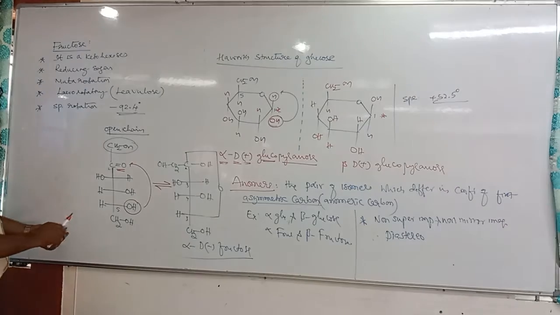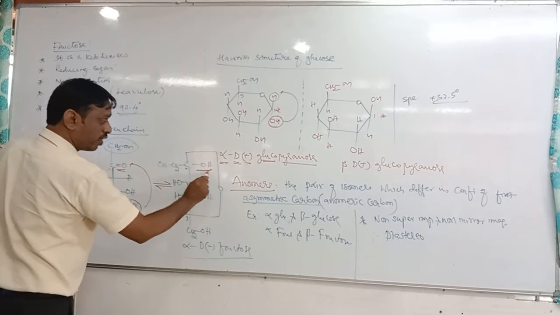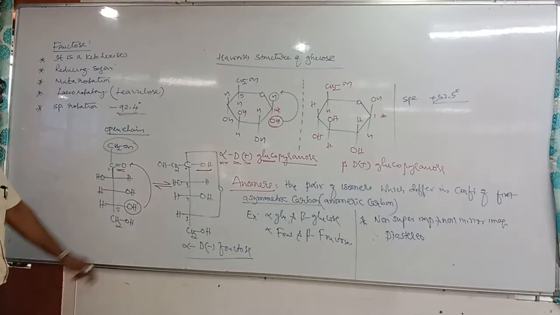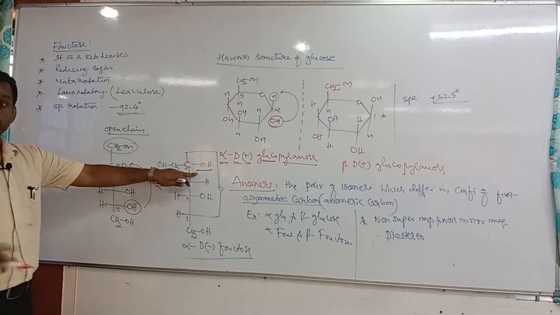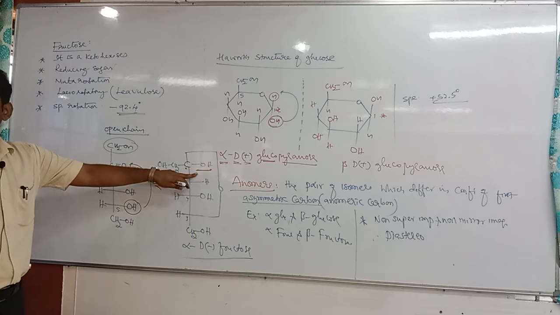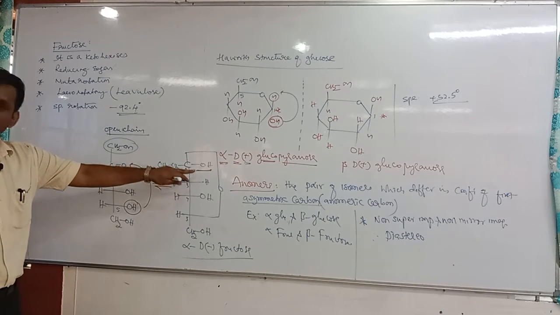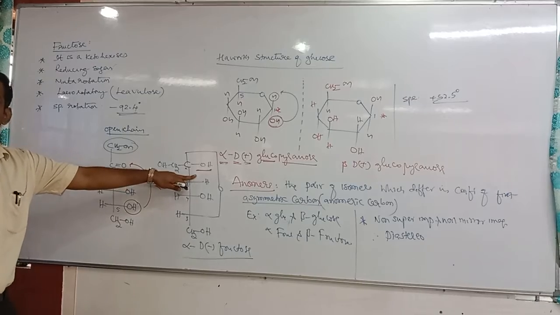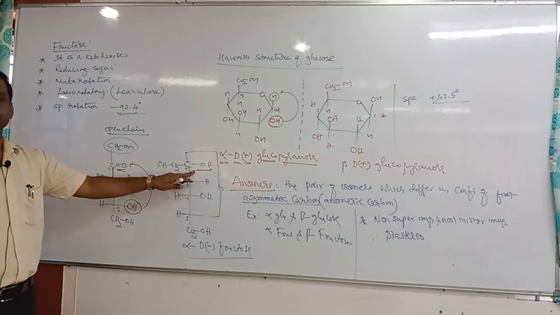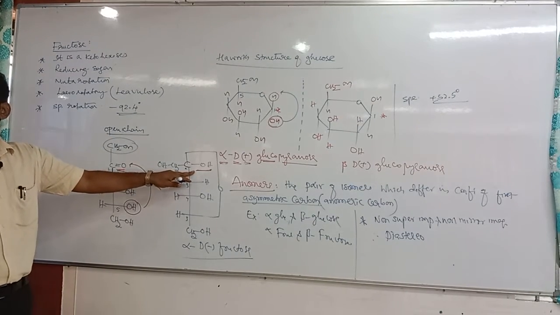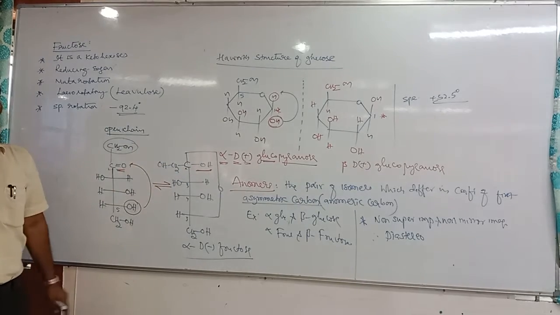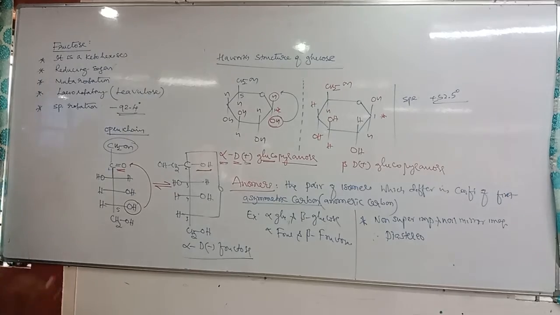Why is this alpha? It is alpha because on the first asymmetric carbon the OH is on the right side. This is called the anomeric carbon. The first asymmetric carbon is called the anomeric carbon. But the difference is, in the case of glucose, which is the first asymmetric carbon? First carbon. In the case of fructose, which is the first asymmetric carbon? Second carbon. Therefore, in glucose, C1 is the anomeric carbon. In fructose, C2 is the anomeric carbon. That means the anomeric carbon is not always fixed. In glucose it is the first carbon, in fructose the C2 carbon is the anomeric carbon. Now that is alpha.